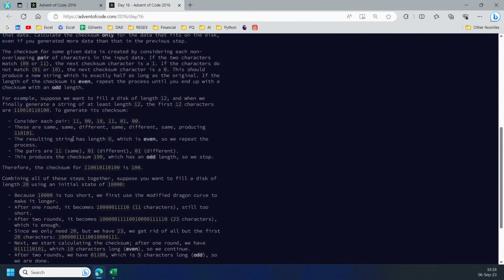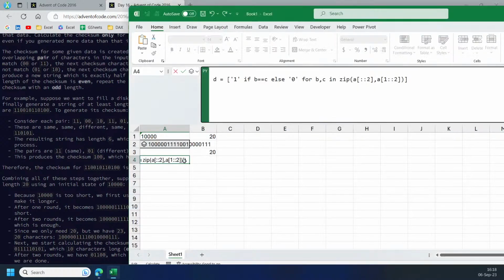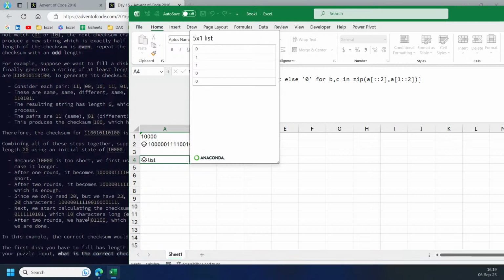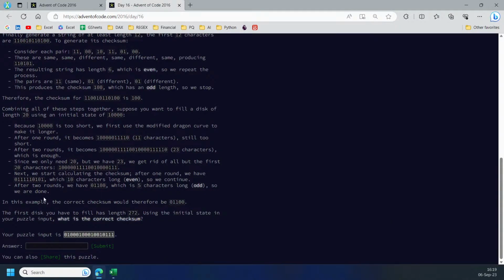And then here we want to do the checksum until the length is odd. If the number of length is even, we continue, and we'll stop when the number of length is odd here. So we can do another loop here. So while length of A mod, which is the percent sign, of 2 equals 0, then we want to do this, but I just assign it back to A here, and then return A. So we got the list of 5 strings here, and this is the answer for the sample,